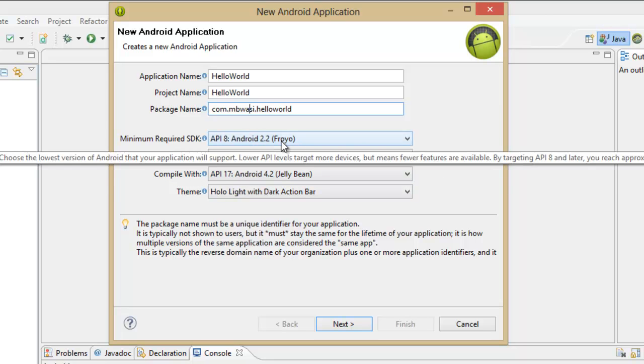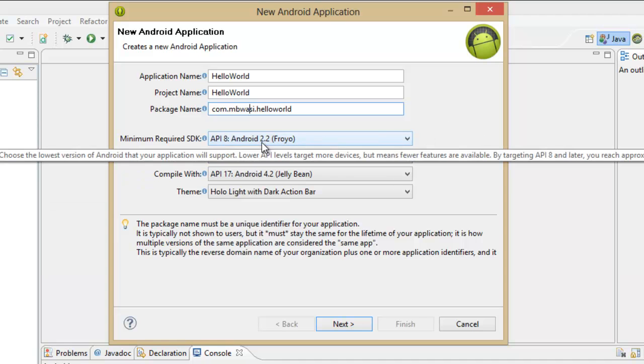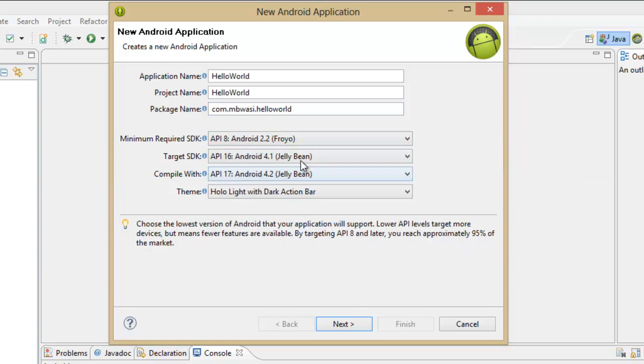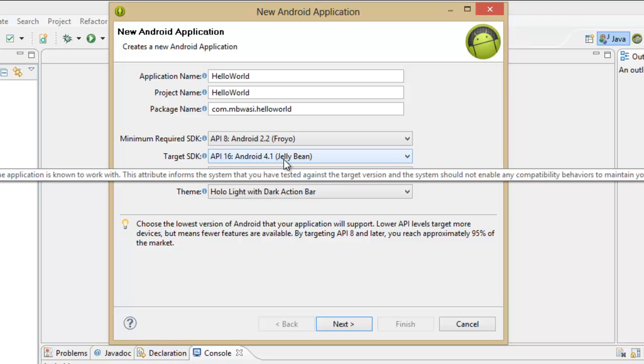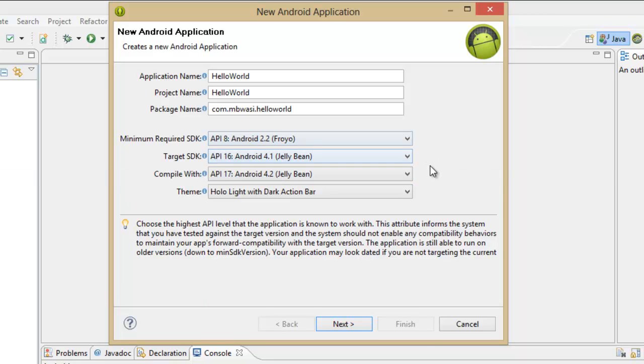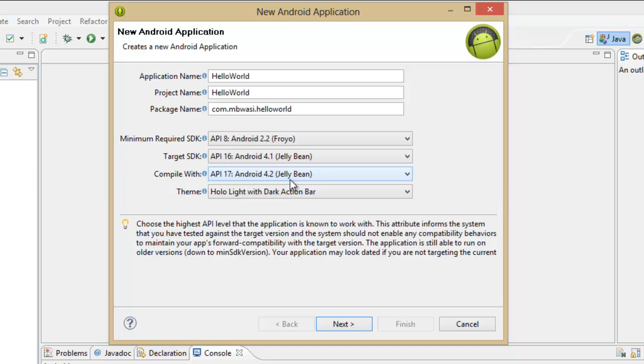So the minimum Android version you want your app to run on. I see Android are pushing 2.2 here. You can go lower if you want. The target is usually set to the highest. I don't know why they chose 4.1 here instead of 4.2, but set this to the highest usually. And compile with, oh this is new,